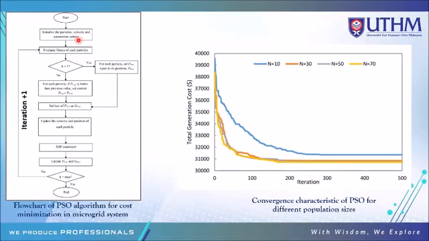Then we need to evaluate the fitness function of each particle, and for each iteration, we try to determine the best solution. For each particle, if the p-best is better than the previous value, set the p-best as the current p-best. This is the approach to determine the p-best value, because we need to compare the p-best value of that particle to the previous best value.